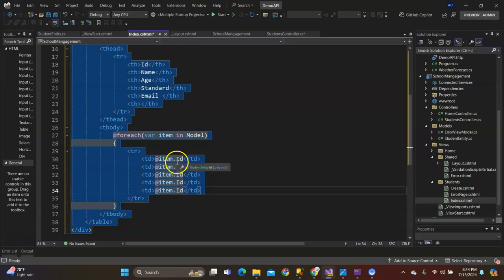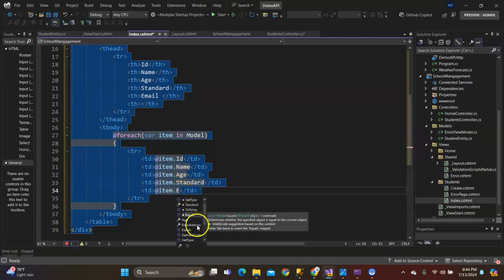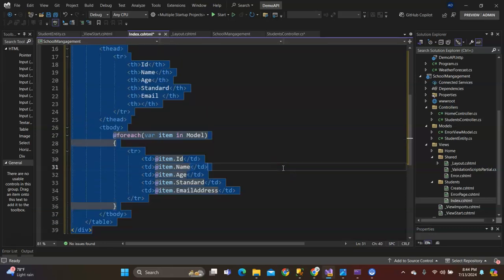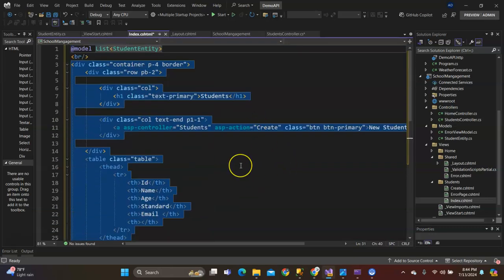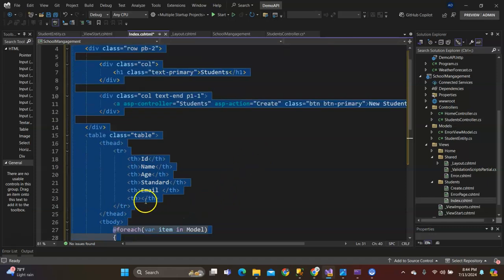So this becomes name, age, standard, email. So our code is ready over here, but before we just wind it up, we need to add two